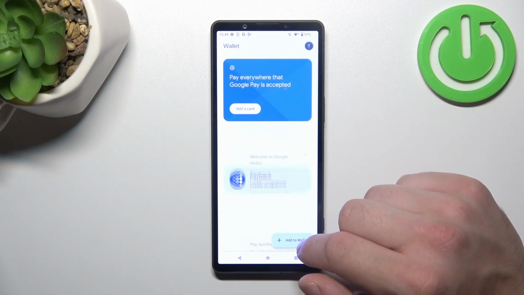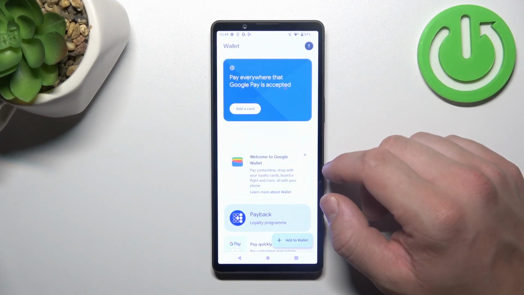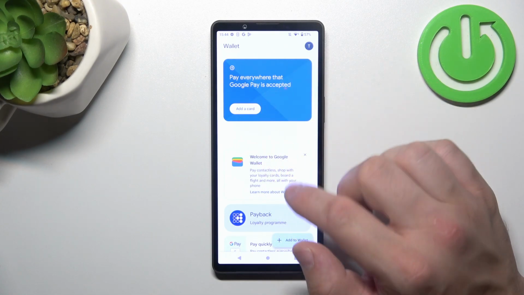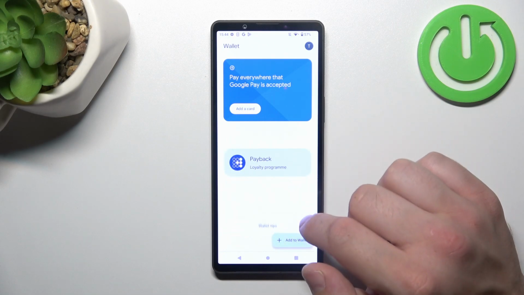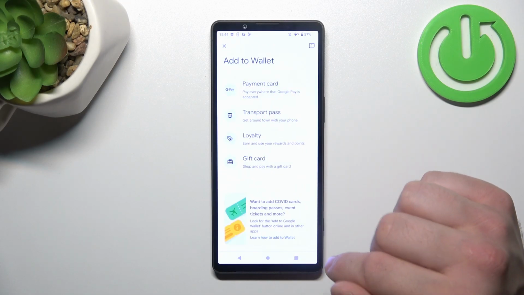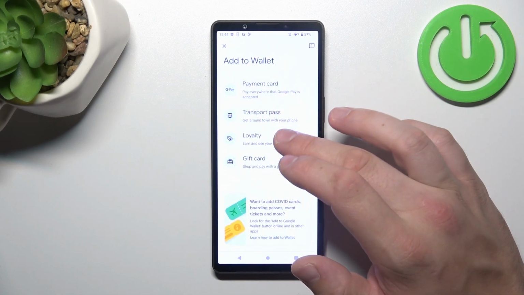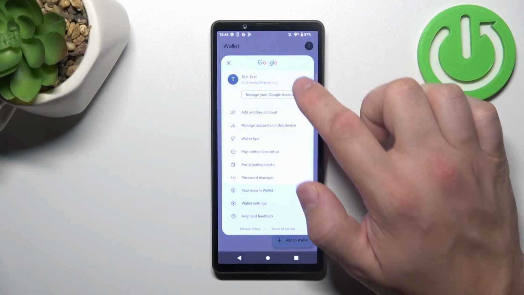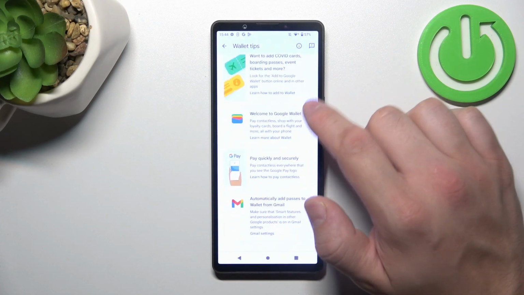Tap View Wallet. And as you can see from the homepage of this app, you can add payment cards to your account, check quick tips and manage your passes. Also you can add new passes like Transport Pass, Loyalty and Gift Card. If you go to menu, you've got access to your Google accounts, all wallet tips,